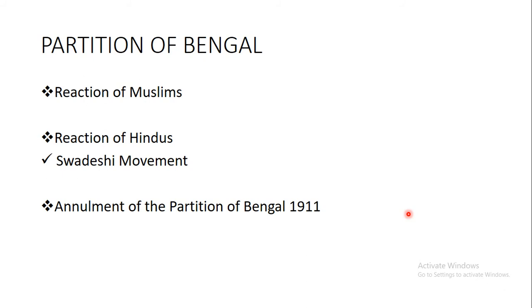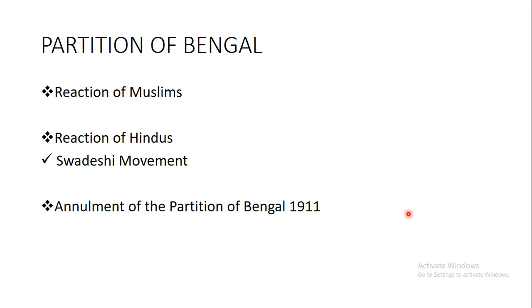So in their view, Eastern Bengal brought happier prospects of political and economic life for the Muslims. The partition of Bengal provided chances of great progress to the Muslims who formed the majority group in the new setup. In the combined province of Bengal, the Muslims were a suppressed and dominated class of society. The Muslims therefore expressed their utmost happiness over the partition of Bengal. Their reaction was very positive.